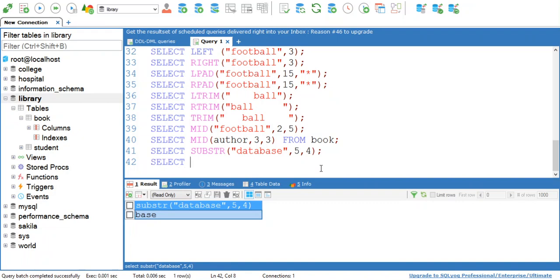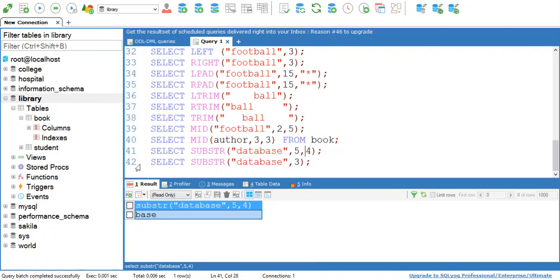Here, again see another variation of substring, that is substr. My first string is database, and I have only specified one parameter, that is 3. See, substring receives 3 parameters: the first parameter is the original string, the second parameter is the starting letter, and the third parameter is the length of your output string.